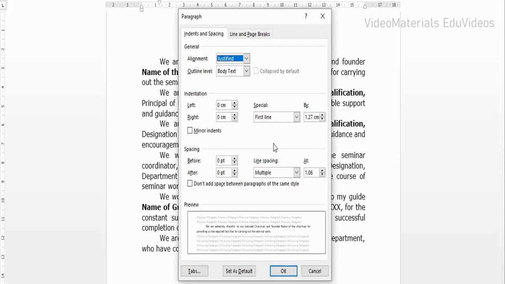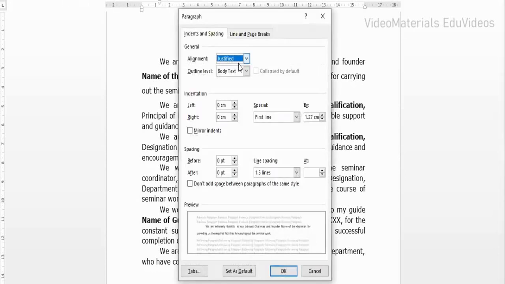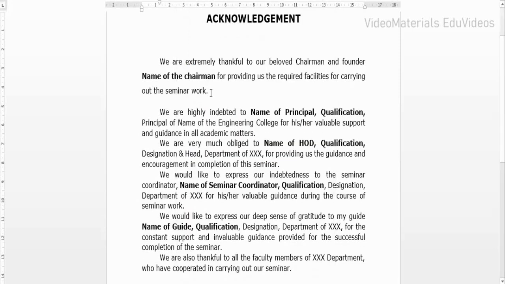So I'm going to take this paragraph option. I'm going to apply 1.5 line spacing, and when I click on OK it shows 1.5 line spacing. After that I need to provide after spacing as 10 points. So for that I'm going to take the same window once again, that is the 10 points, and when I click on OK it shows the line gap after the paragraph, that is spacing after. So 1.5 is the line gap for this particular content, and 10 points is the space after the paragraph.